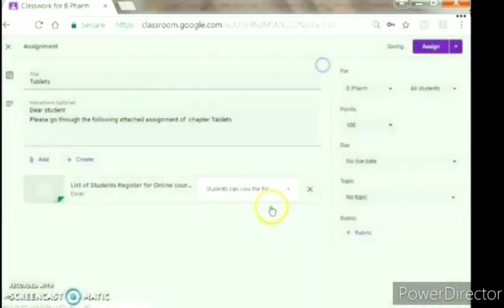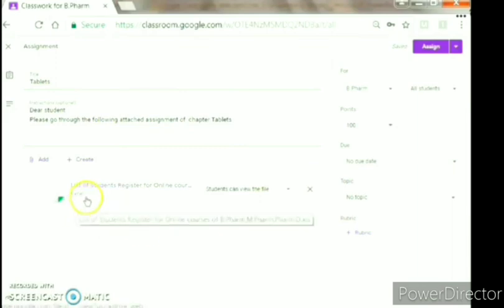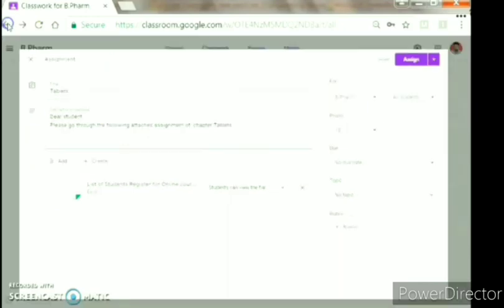Now you can see the file is attached, and the list of students is shown, and in this case you can assign. Before assigning, the student should join this Google Classroom. Once that is done, you can give marks also. For example, if you have given some questions, here you can give points, for example 10 points per question. You can also create a rubric, and you can assign now. After this attaching, you click on this, and it will go to the student.